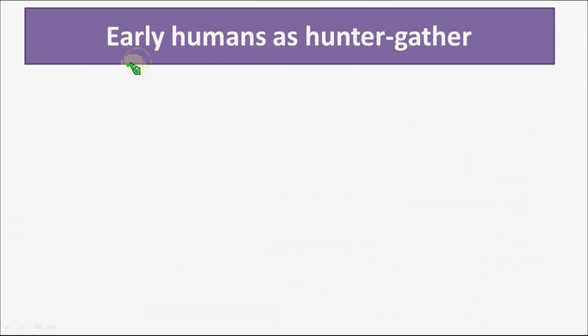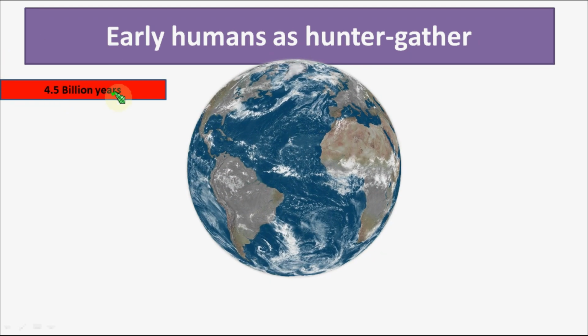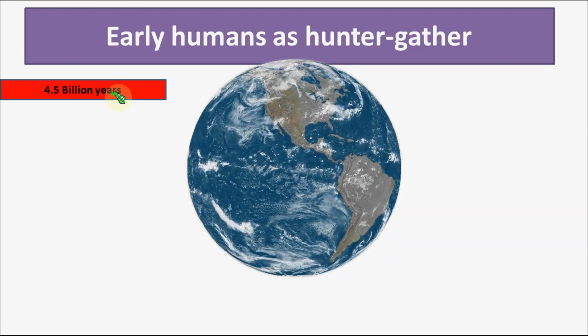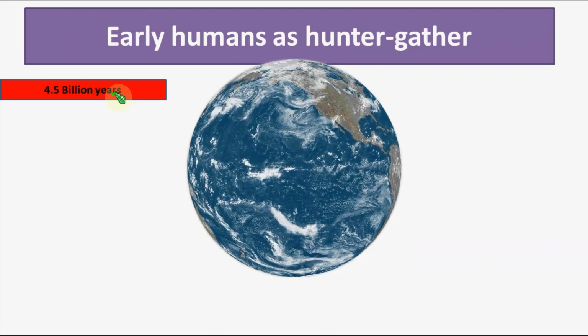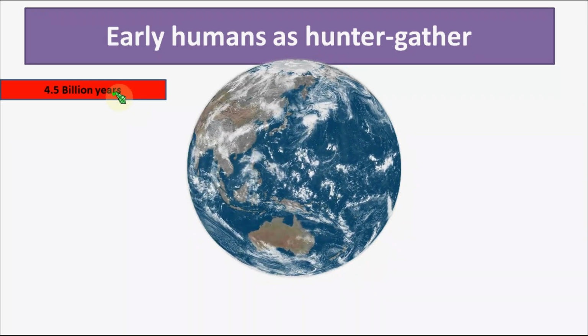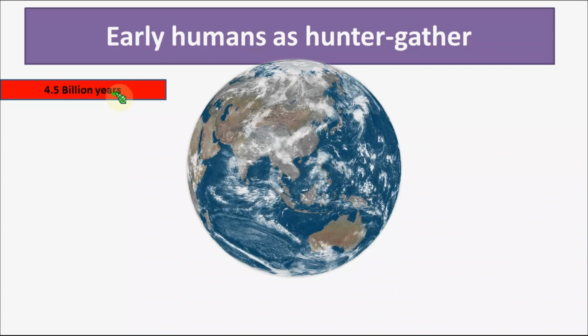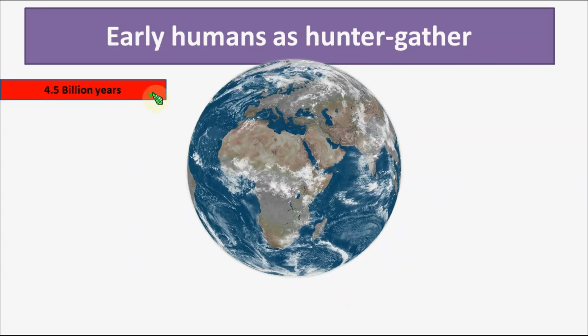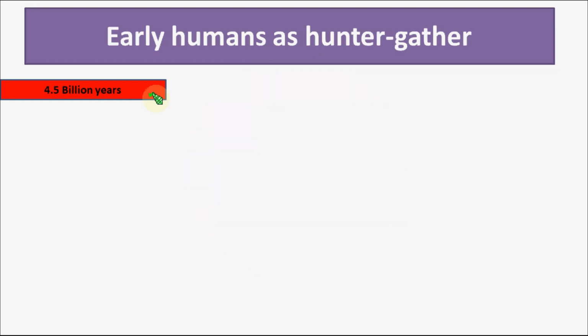It is estimated that about 4.54 billion years ago our Earth came into existence. But at that time it was very hot, just like a ball of fire. So life was not possible on the Earth.